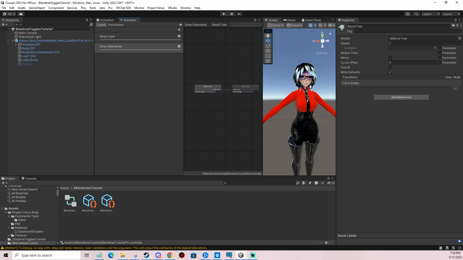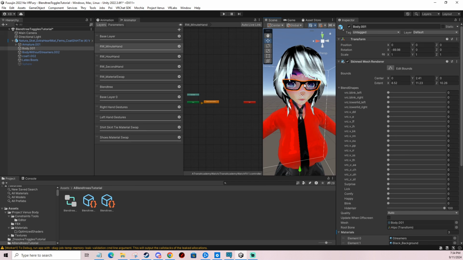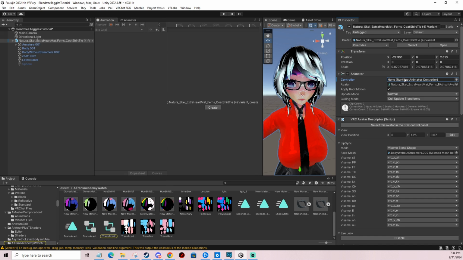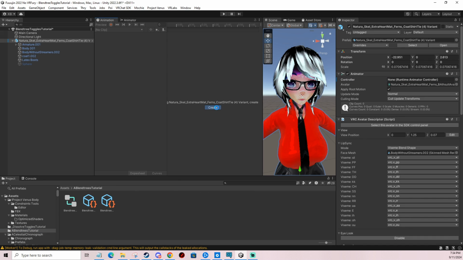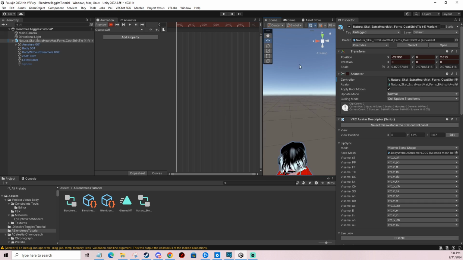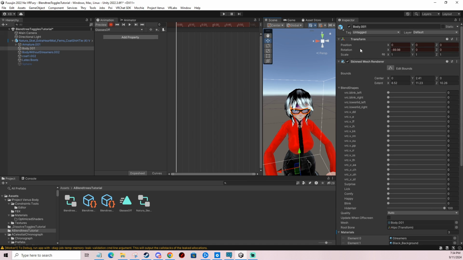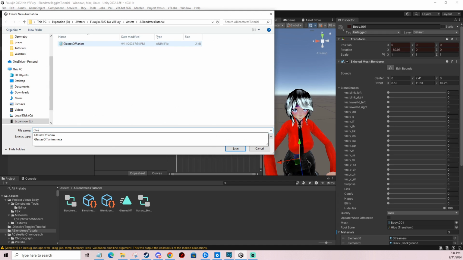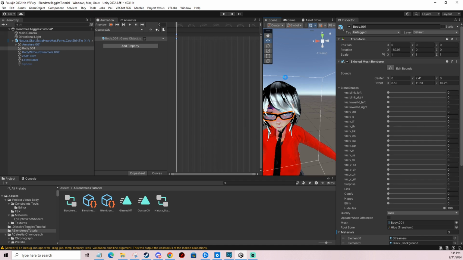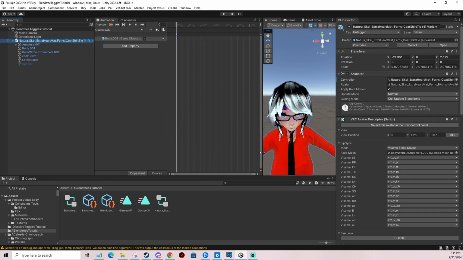So first thing we're going to do, we're going to make a toggle, and I guess I'm going to make a toggle for turning on and off of the glasses. So I'm just gonna make, actually let me delete this here. There we go. I'm just gonna go create animation. Glasses off. I'm just gonna make also glasses on, and this you basically make 2 clips with only 1 frame. It's not complex at all. Then you go back to your FX layer,